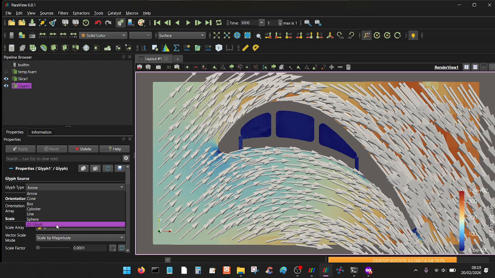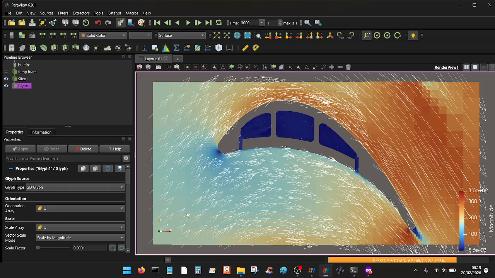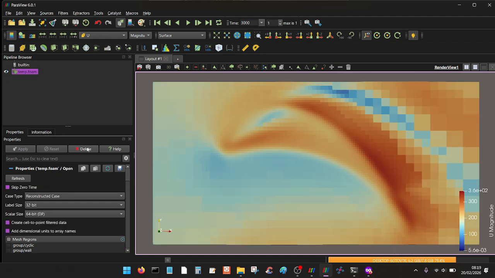You can sometimes prefer to have a 2D glyph. So here you can see that the flow inlet is coming at 45 degrees, and then it's going down that way. Those arrows, I think, are on the other side of the plot. The flow must be slightly out of plane. So there's that way of looking at it, and then if we get rid of that and go back to,